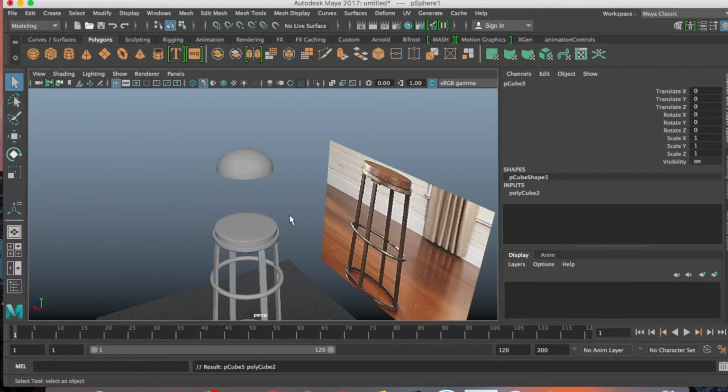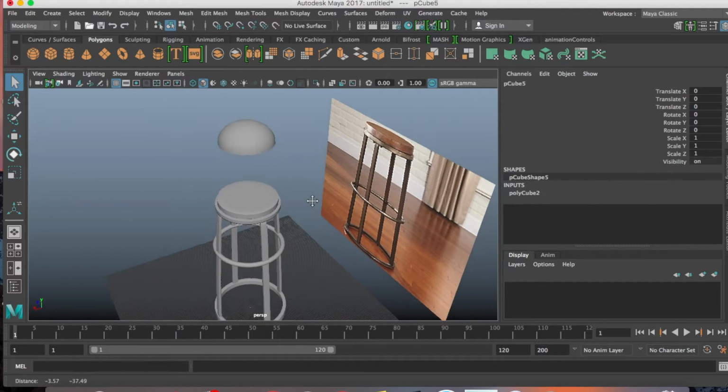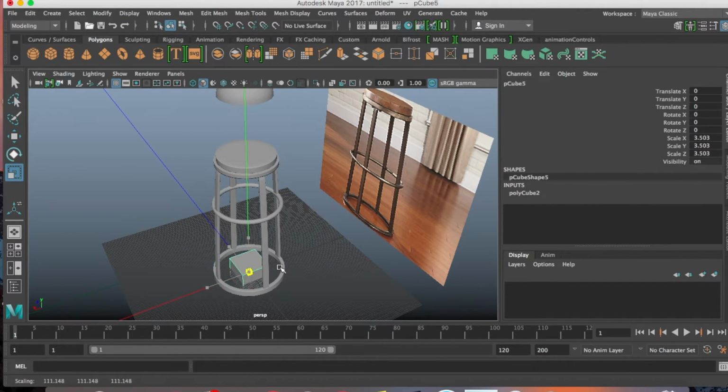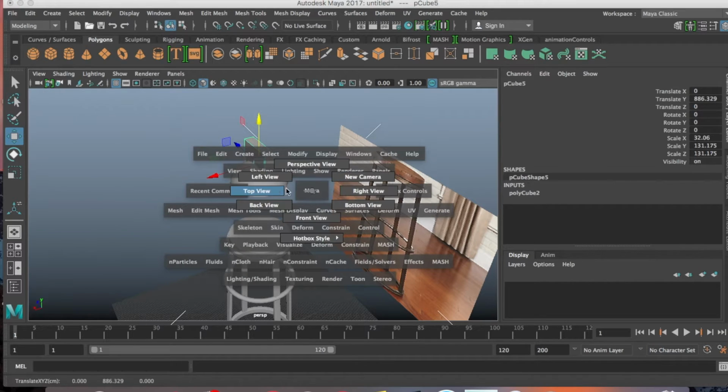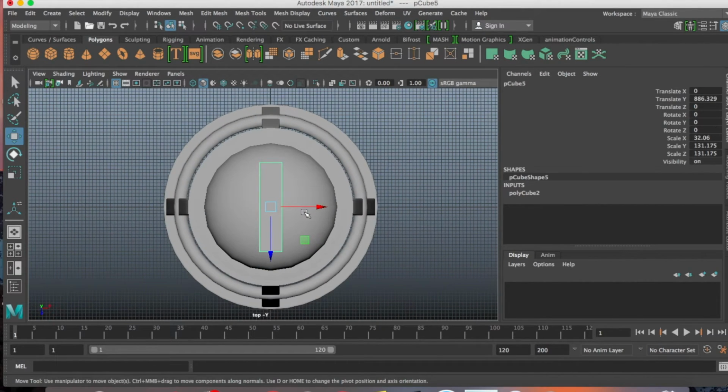I'm going to create a cube, scale that thing way up, make it thinner, hit W, move it up, go to my top view, and that's looking really good. I'm going to hit R and scale it in a bit more, and maybe a little bit that way. Okay, now I'm going to hit E, hold down J,